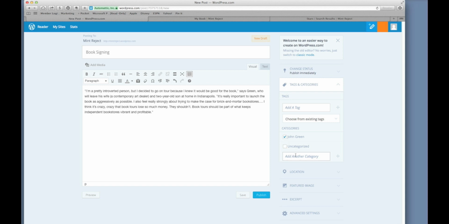It's John Green because it's all about John Green. Let's add a new category here. We'll add a category of movies, which this doesn't really talk about, so we're going to turn that one off. Book signings is another category. Turn that movies topic off. So we've got John Green, we've got book signings. Let's publish this,